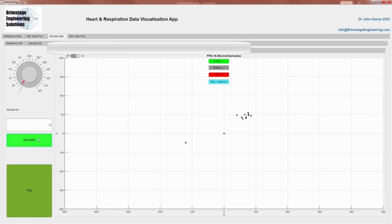So what we can do is animate it, and we can see how the volunteer's heart progresses throughout the night. So what we can see is we've had a few points here very early on, and then the rest have started to cluster around this area, forming these nice patterns. And what we'd hope would be that if these would form a cluster around a small area, we could wrap